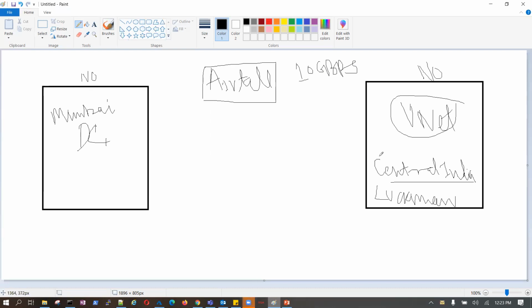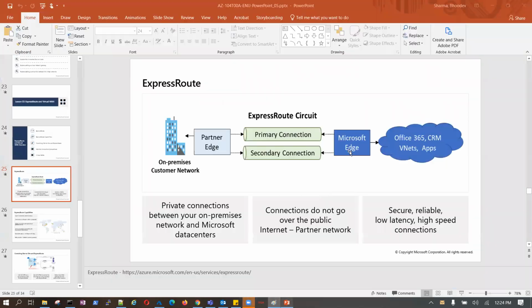Once the proposal goes to him, what Airtel will provide is an endpoint, or the connection point, or the edge point here.